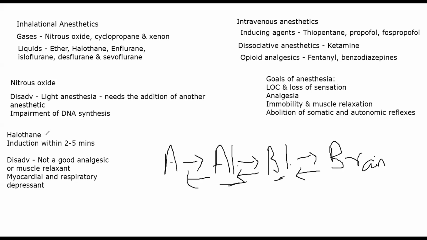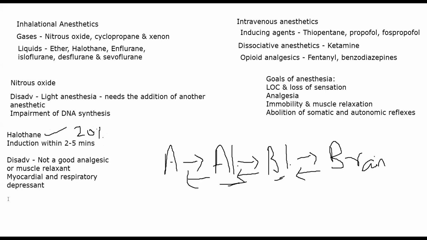Halothane has one particular disadvantage. 20% of halothane, of whatever dose I'm giving, let's suppose I'm giving 100% halothane, that 20% will be metabolized by your liver, and it will form a very particular type of metabolite. Okay. In some patients, almost 1 in 50,000, this metabolite can cause hepatitis. Especially it will cause a fatal, severe type of hepatitis.